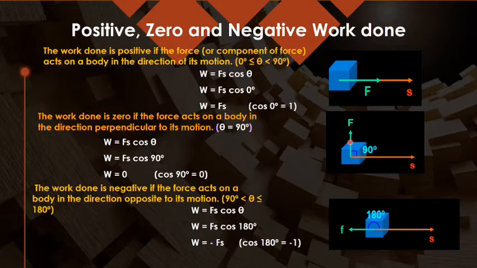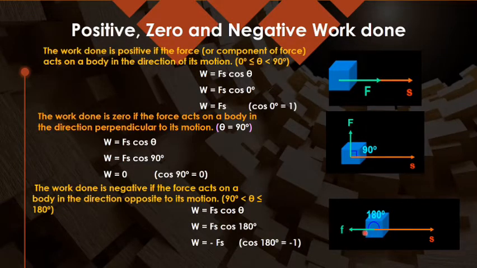Like in some cases, when you are applying the force at 90 degrees, then no work is being done. You can keep examples of this in mind. When the body is moving in a circular path, that can also be taken as an example: the centripetal force is acting towards the center and the body is moving along the tangent, that is, at 90 degrees, making an angle. So in that case also the work done is 0. You simply have to look for the cases when work done can be 0.